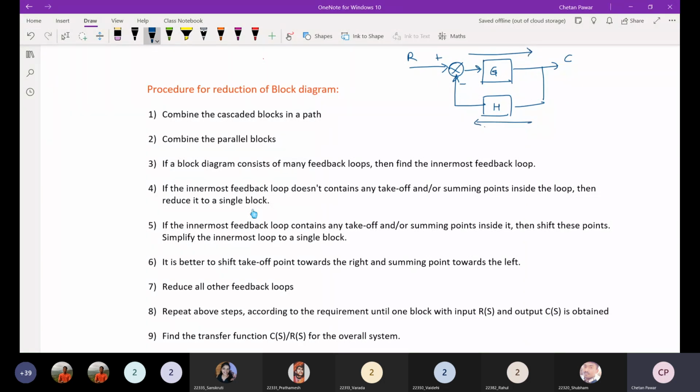Okay. So if there is a very huge block diagram related to a particular control system, first you look for the cascading of the blocks. If there are any cascaded blocks, you need to apply the block diagram reduction technique to those blocks first. Or if there are parallel blocks, you can apply the technique for those blocks first. So the first thing is that you need to look for the cascaded blocks and parallel blocks in the block diagram. Okay, the next thing is point number 2, and do all of you know what is meant by cascade and what is meant by parallel blocks.